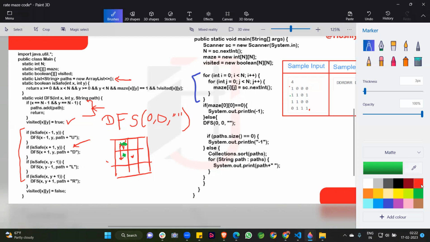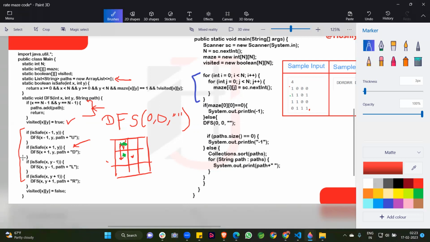Okay, now coming to the code. When I call this function with x plus 1 comma y, you can see that at first our path is an empty string. Now we are getting some route here: we went down, so we add down here because we entered this if condition.